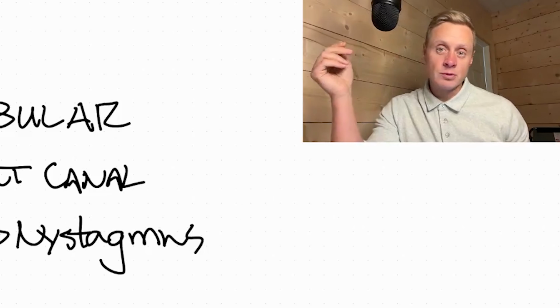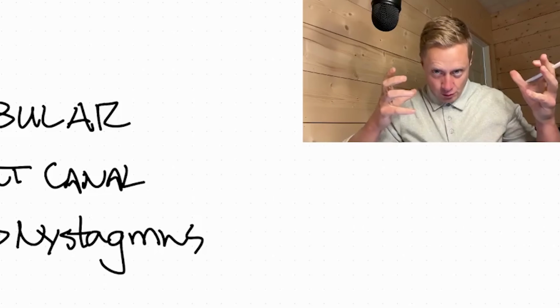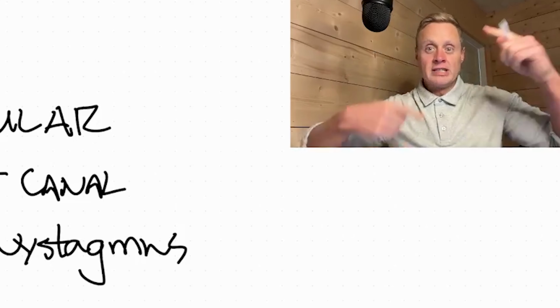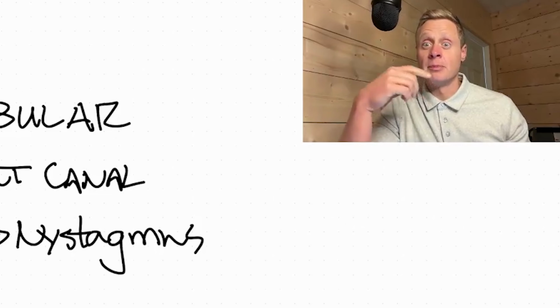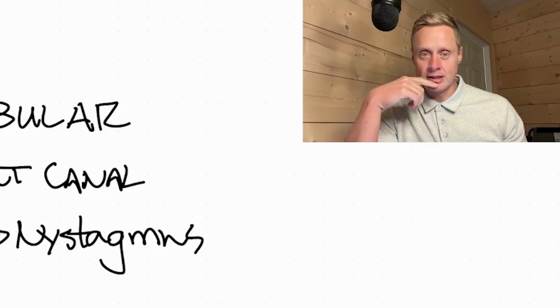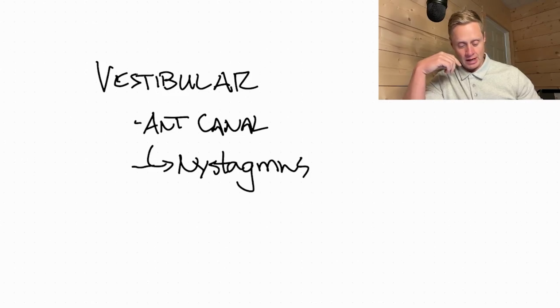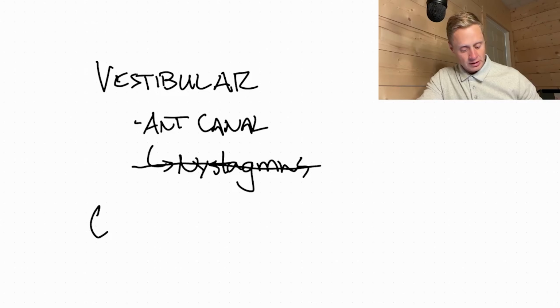And that nystagmus will tell us if your brain's interpreting motion that isn't there. So when I tip my head forward and I'm still, I shouldn't still have the continued movement of my eyes as though I'm flipping in that position. So that's the one thing we can do. When we check that, in this case, that's not the problem. We're not having nystagmus. It's not reproducible with that anterior canal. But that leads us to the second component, which is going to be cervicogenic.